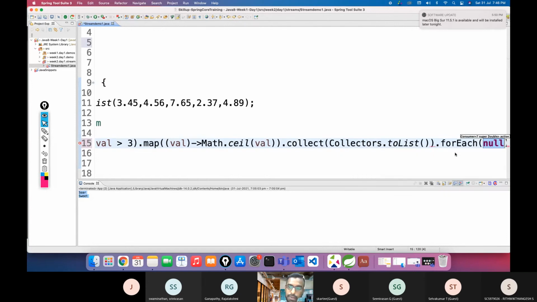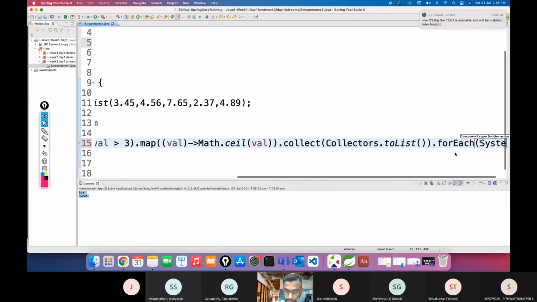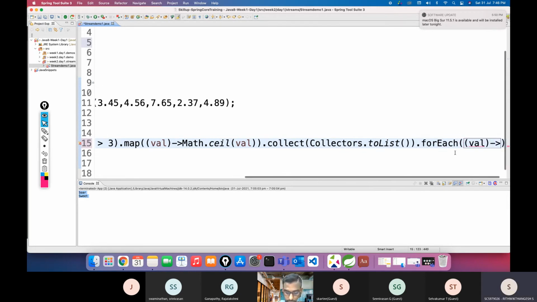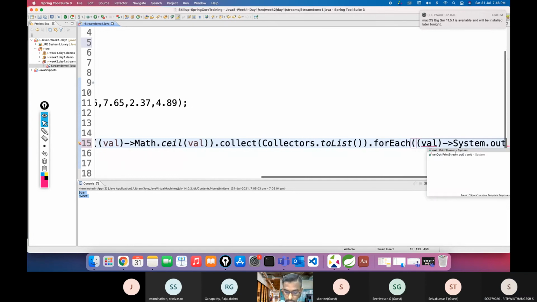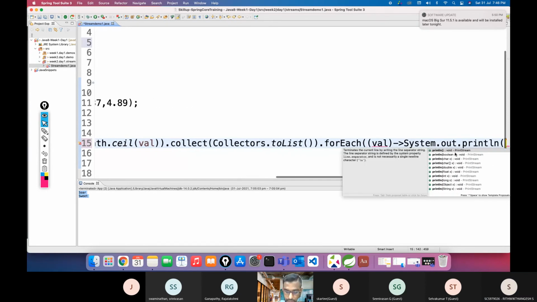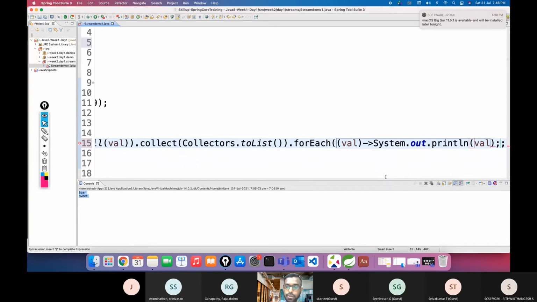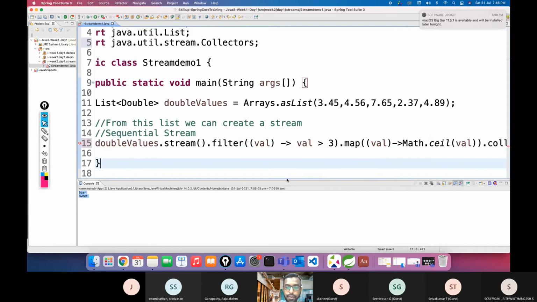forEach is taking a consumer, and in the consumer, we are going to use one by one of value, System dot out dot println of value. Okay, that is what we do. So this is how the streams will be. Okay, but if you see here,